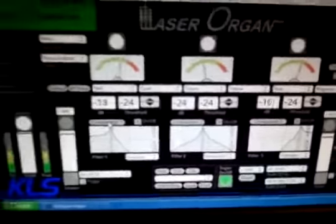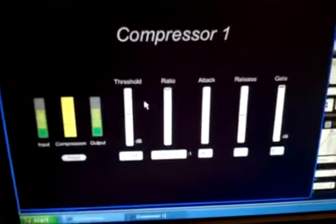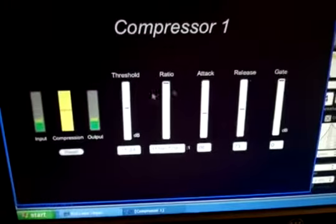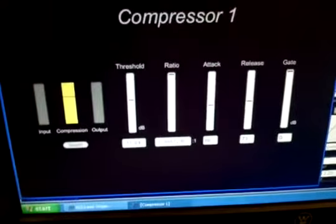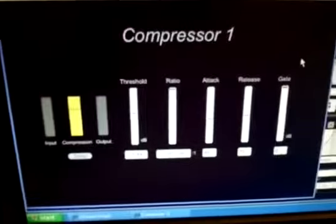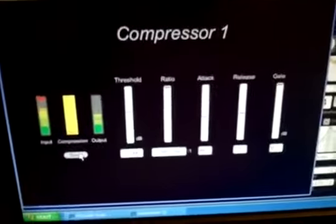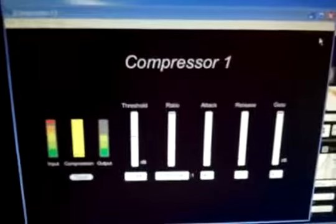For instance, I'll click the compressor number 1, and it pops up a dialog that's very familiar if you're used to using audio compressors: threshold, ratio, attack, release, gate. And we can see that the compressor is working accordingly. This is a really handy feature in that if the music is soft, the compressor will open up and allow signal to pass, and if it's loud, it'll compress the signal down so